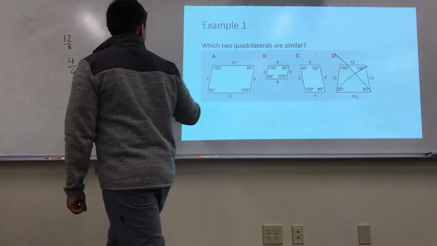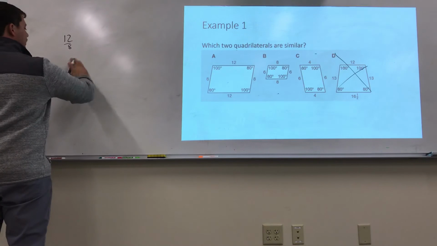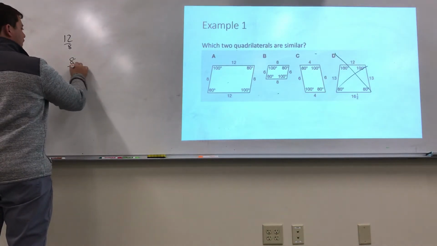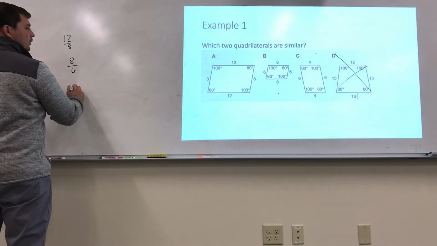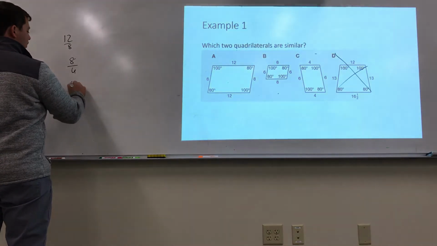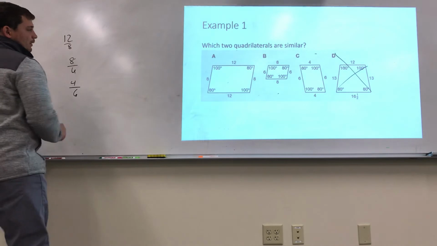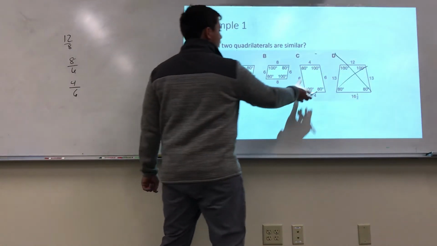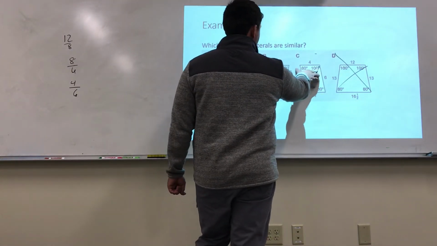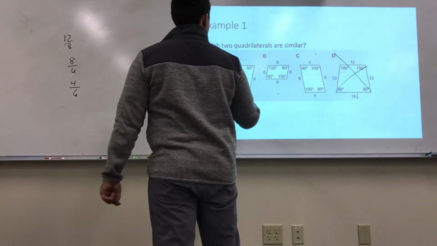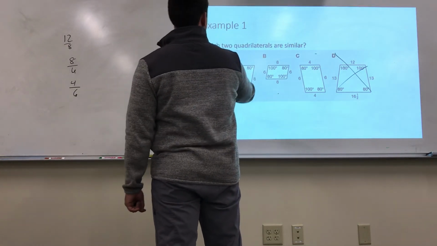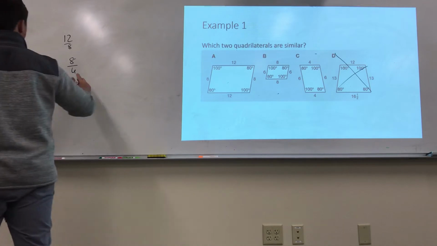And we're going to have B, which should have been first. Let's do that one first. 8 over 6, and we are going to have 4 over 6. Technically, we should flip this and rotate it, and no one said that it couldn't be the same if we rotate it. And then our 100 would be in this corner, our 80 would be there, which would be a 6 over